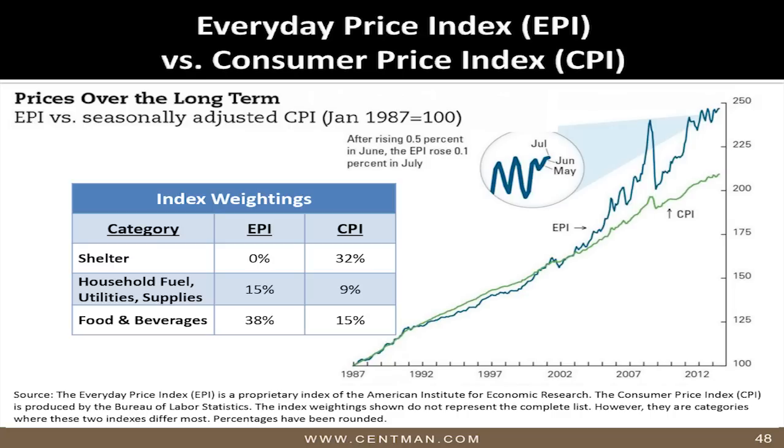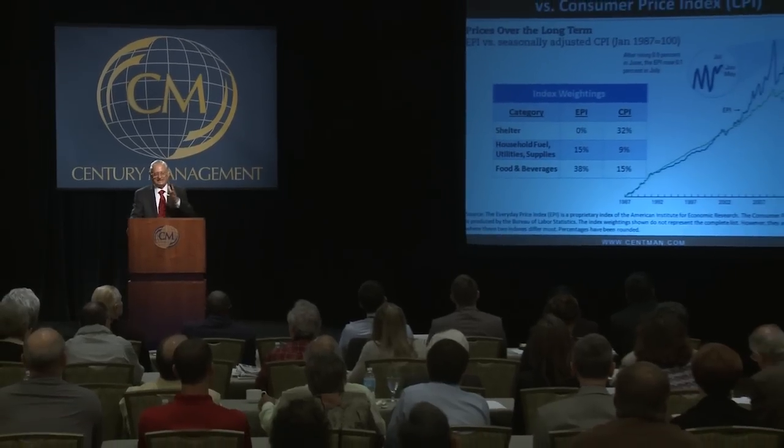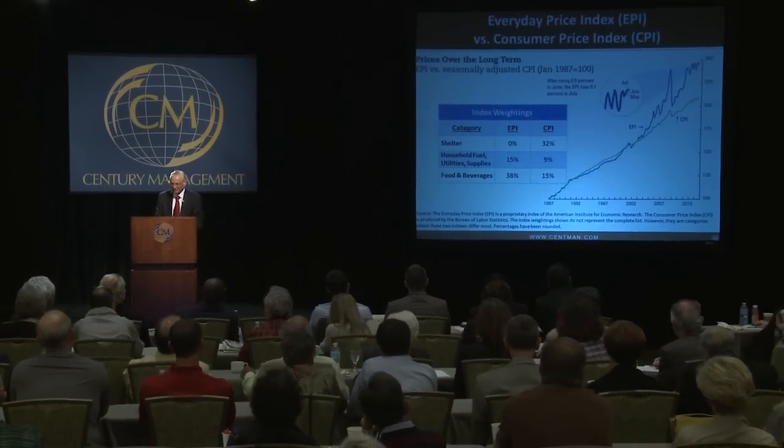That's the top figure, and you can see that the CPI is here, and the Everyday Pricing Index is there, so you can see that that is a lot more inflation than the CPI shows. Now, one of the reasons is the way they weigh it. In the EPI, the Everyday Pricing Index, they don't show any cost for housing because they're only doing everyday pricing, something that you spend at the grocery store, that you buy your clothes, things that you do on an everyday basis. The long-term trends of housing and car purchases are over a longer period, and so they kind of move